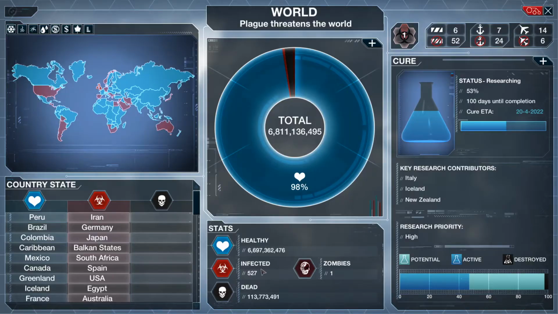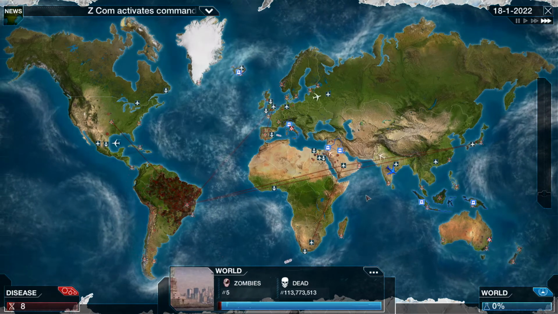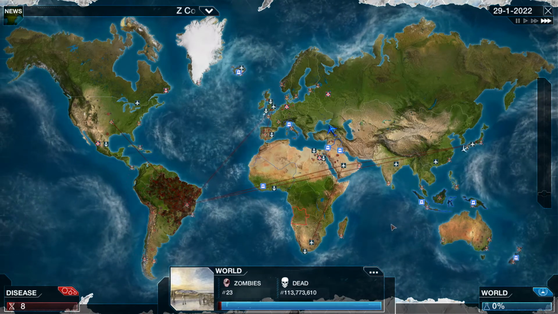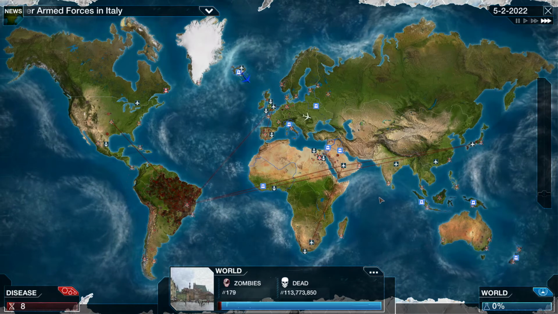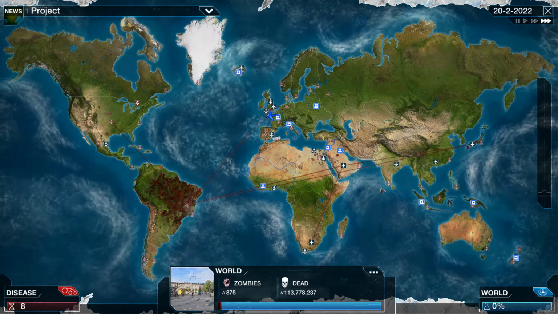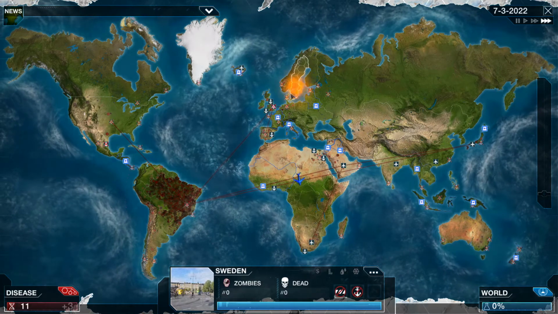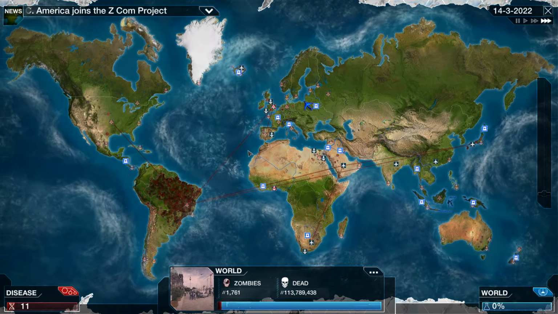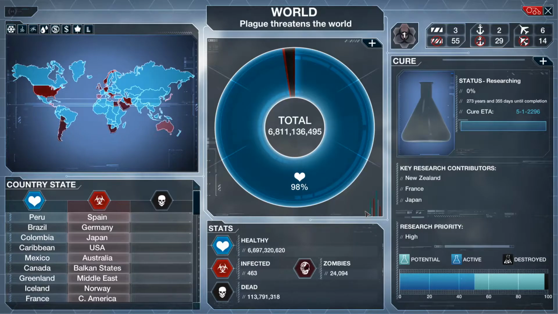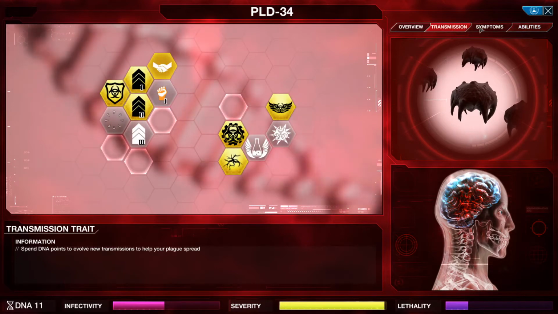It is spreading. We're at 527 infected now. That is an issue, though. However, I have ZCOM going everywhere. So basically, the new UN, I guess we could put it like that. The new United Nations is setting up bases everywhere. Oh dear, we are starting to get more zombies, though. Well, to be fair, it's because the virus is still getting bigger. Technically, I've already won, but